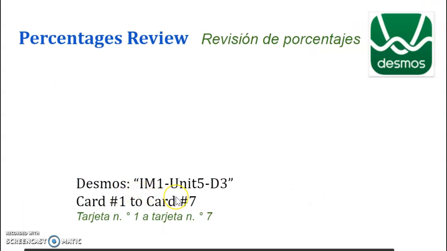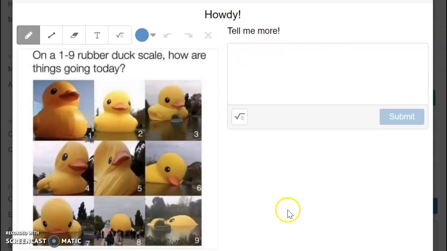Alright, you're going to do some review work on decimals, card number 1 to 7. Please start with that. A quick check-in as to how things are going for you on a 1 to 9